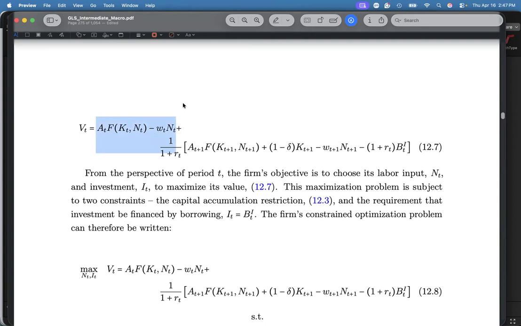Sir, that's the dividend at period T po. Exactly. That's the dividend in period T. You can think of it also as period T profits, basically, or your operating profits specifically. Okay. And then the next period is, ano tong dalawang to? Yung naka-highlight. Yung A times F plus 1 minus delta K T plus 1.